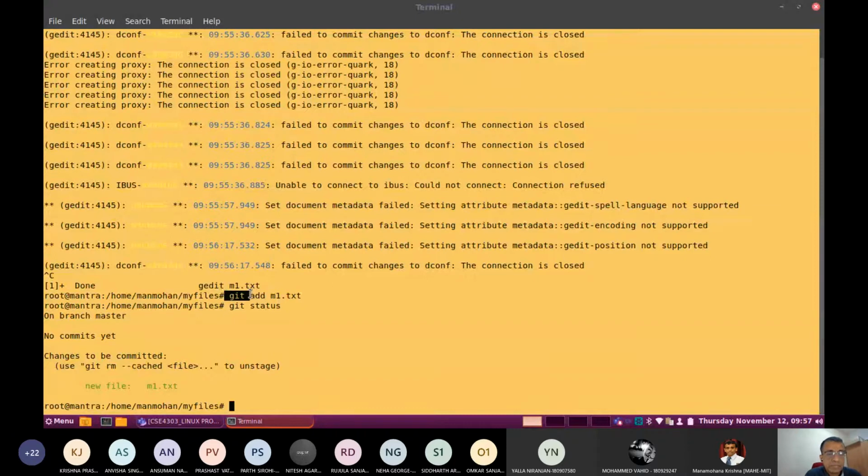The staging area is something like a shopping basket. Once you create some file, you get it into the staging area. Then you can look into the content, or if you want to, you can commit that particular change. It is possible to commit the change also.